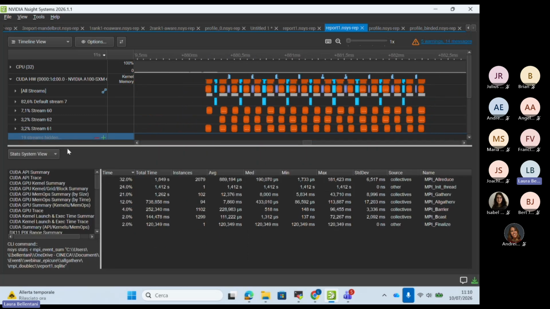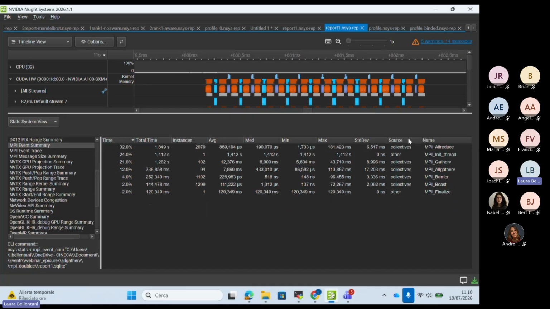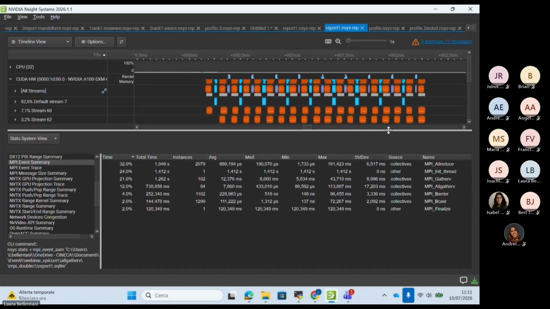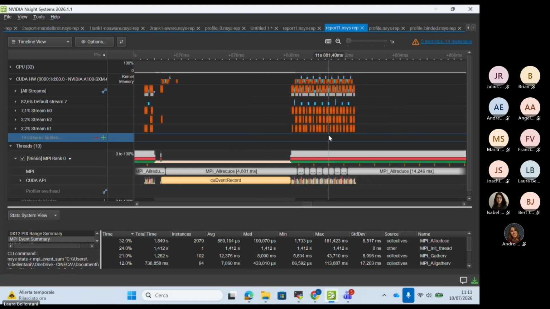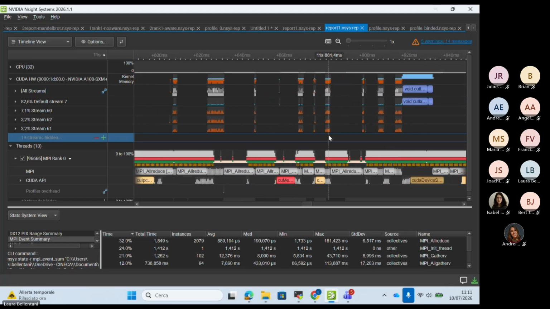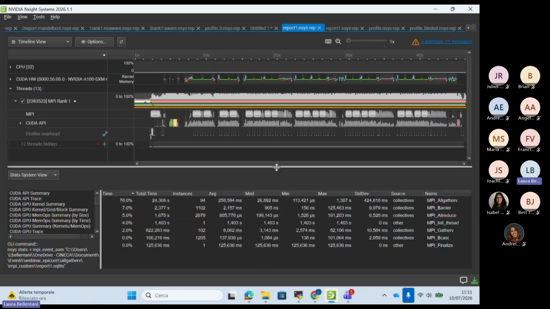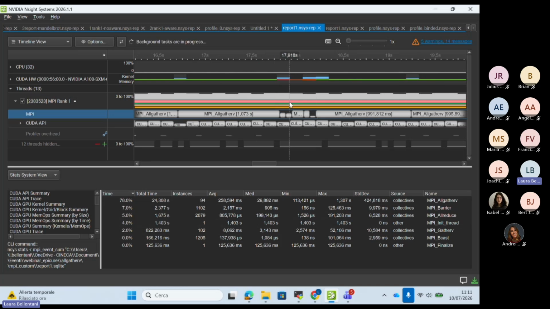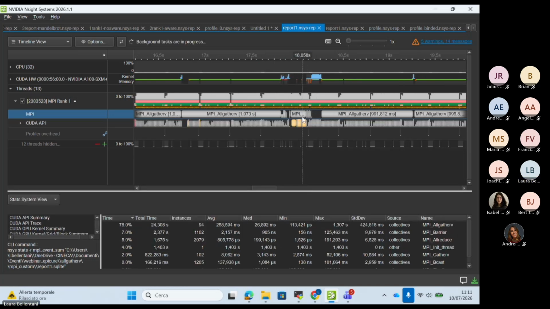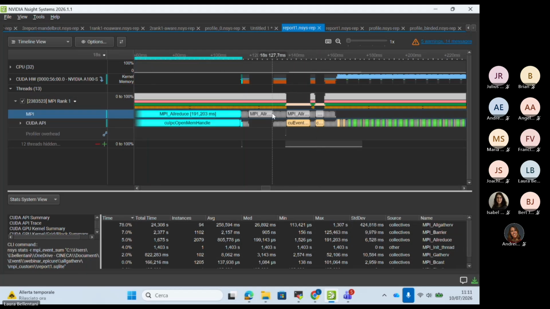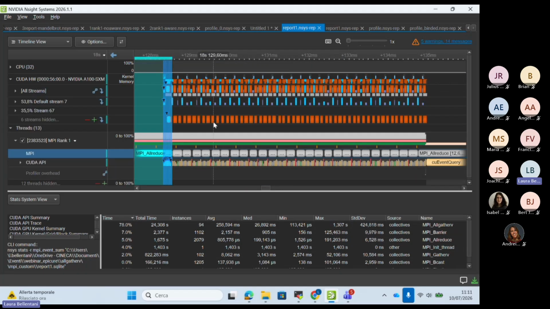However, when looking at the statistics system view, and in particular at the MPI time, so when you look at the MPI statistics, so MPI all reduce, we're basically fine.